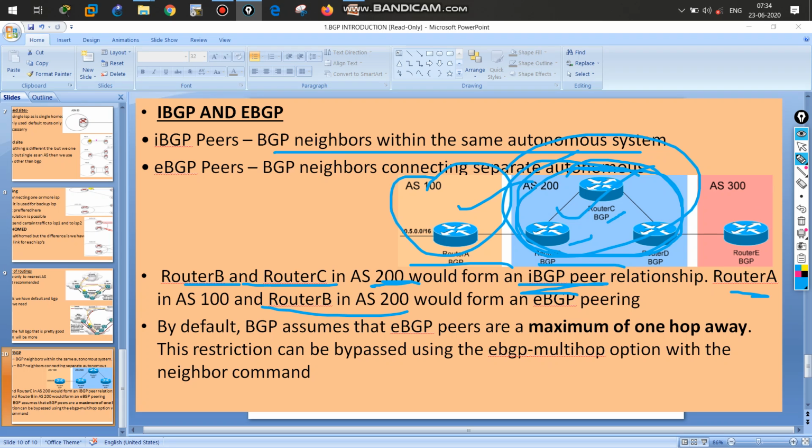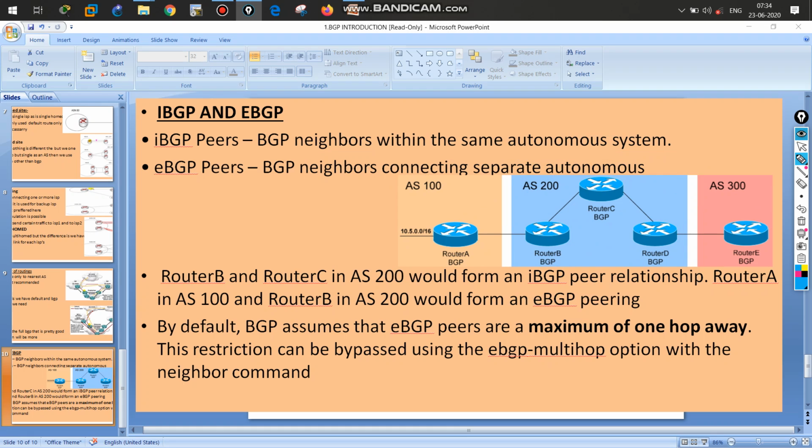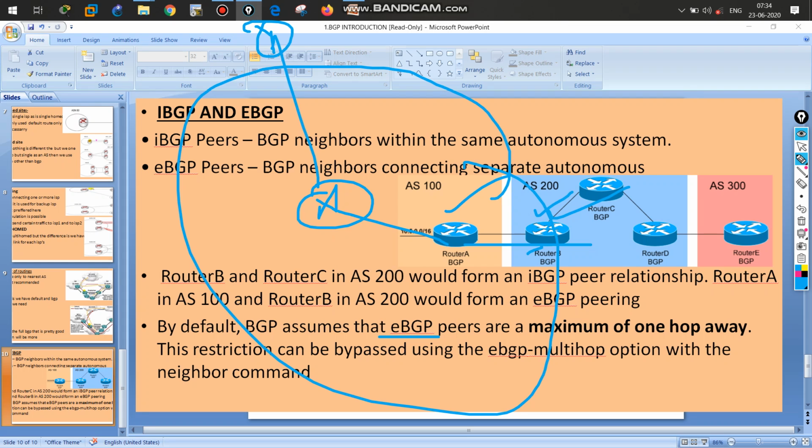And one more thing we want to understand: in the case of EBGP, not IBGP, EBGP peers will think that they are one hop away from the other BGP router. I am one hop away from the router. So if we have multiple routers or multiple BGP speakers, and you want to go to here, think that this is AS200 and this is AS200, he will always think that it is one hop away. Every router will think that this router is